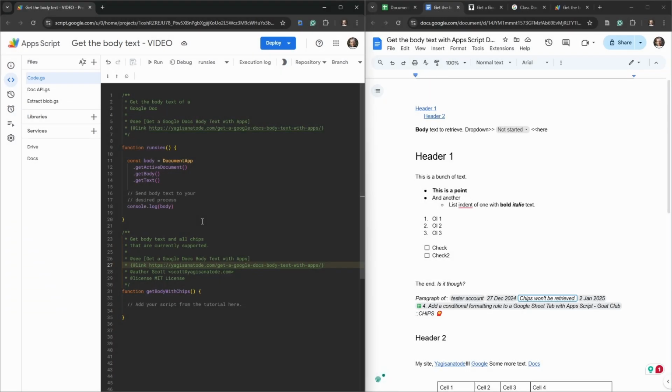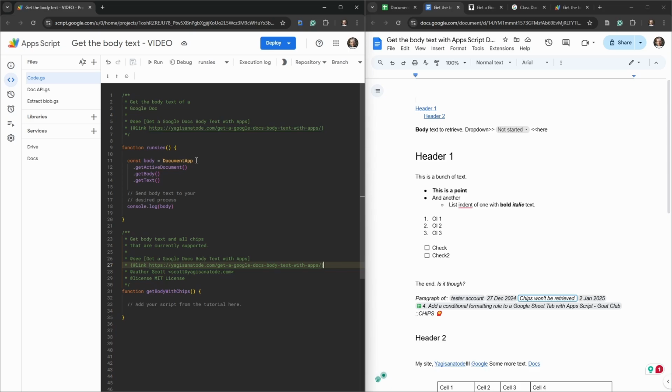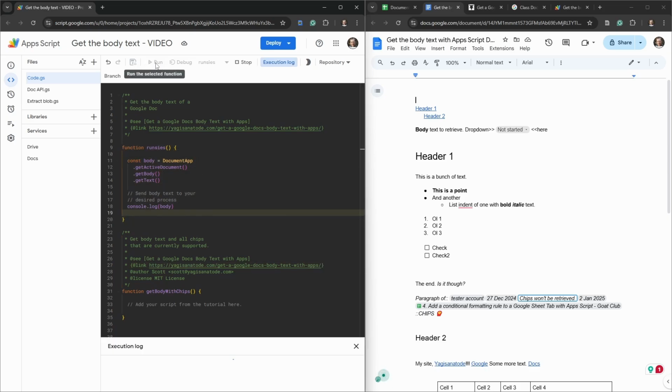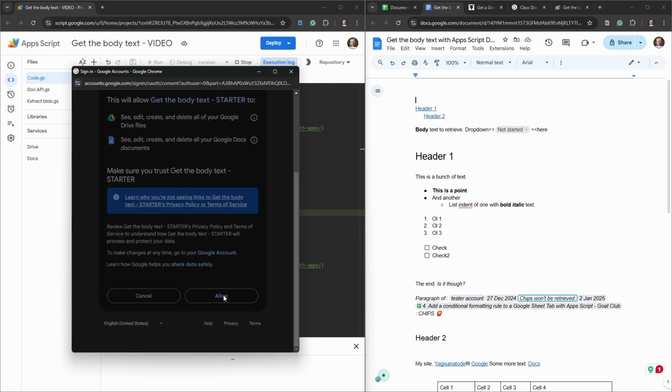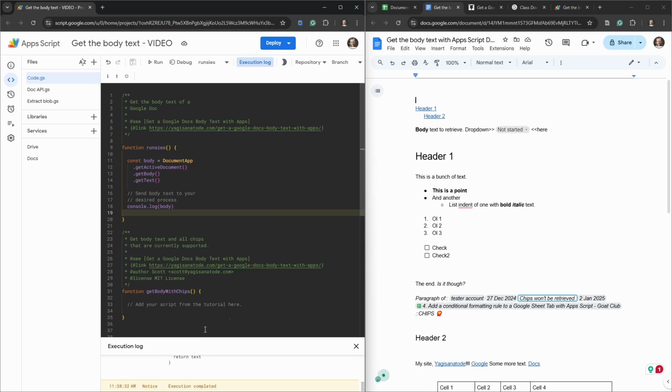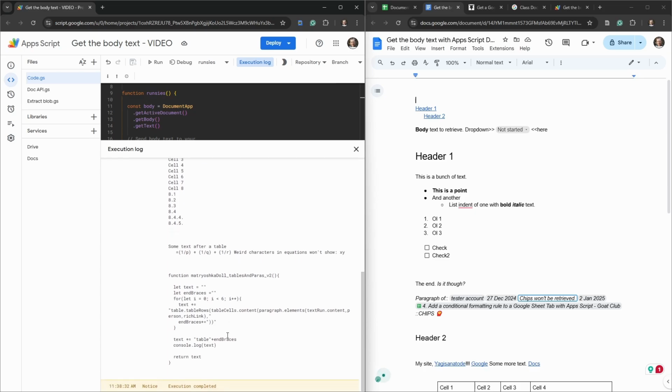In a previous Google short, I showed you how to quickly grab the body text of a Google Doc using Google Apps Script and the DocumentApp service. As you can see in this quick little function here, if we hit run and go through authorization for the first time, you can see that this quick and easy little script will allow us to grab most of the body text